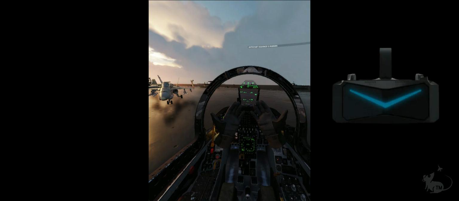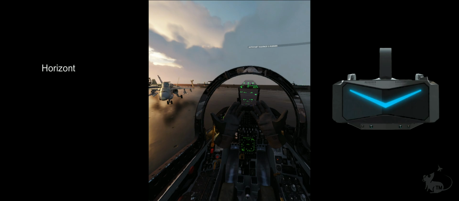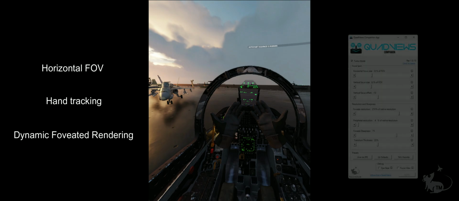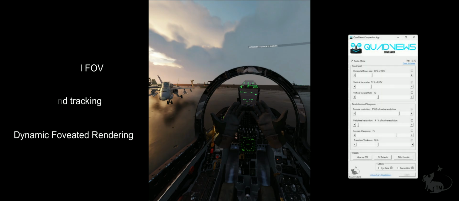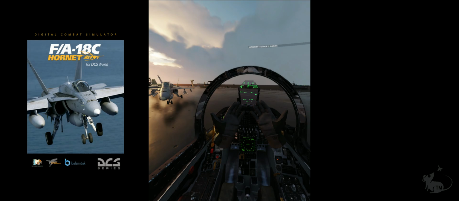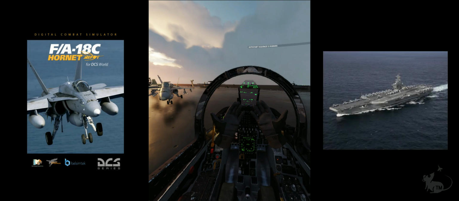Now let's just pause right here and I'll explain what we're looking at. I'm currently wearing the Pimax Crystal with a hand tracking module installed and eye tracking enabled. Today we're going to be analysing the perceived horizontal field of view of the Pimax Crystal, looking at LeapMotion hand tracking within Digital Combat Simulator, and also demonstrating dynamic foveated rendering using quad views and the eye tracking capabilities of the Pimax Crystal. I'm sat in the cockpit of an F-18 on the deck of the USS Abraham Lincoln, and